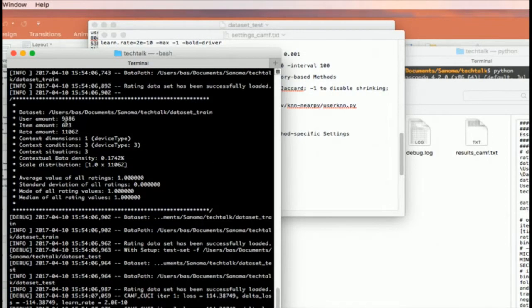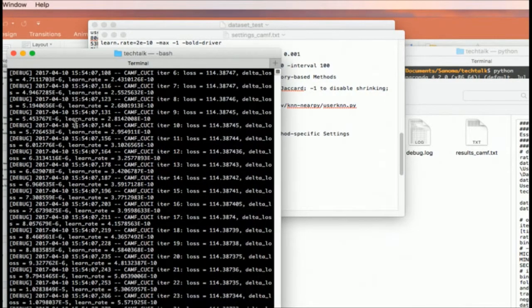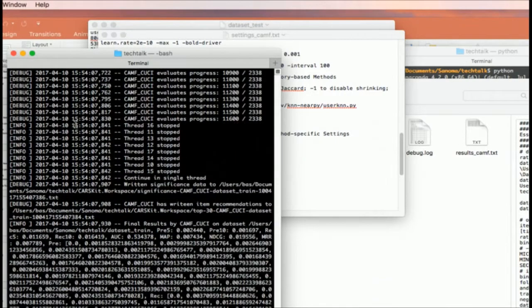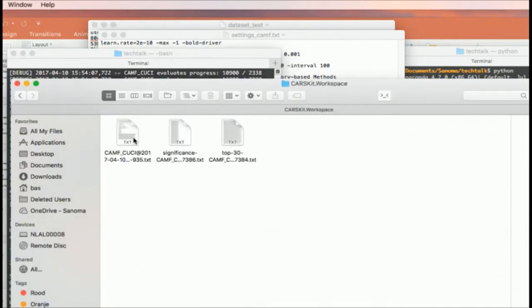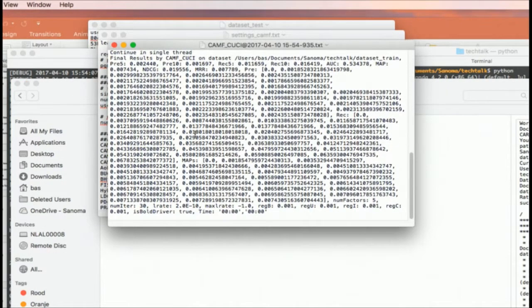9,000 users, 600 items, stuff like that. It shows the iterations on the algorithm. And then in the end, we got some results. They're stored in a different data set. So here we get the results, for instance, showing the mean average precision again. We can use that data, for instance, in